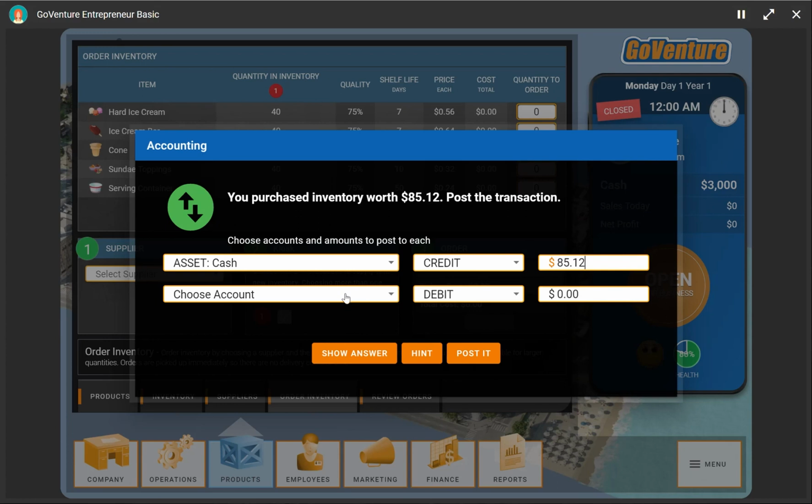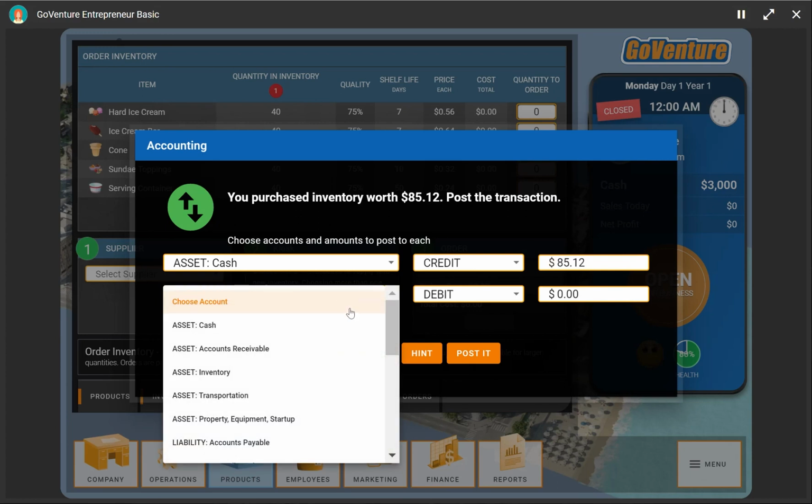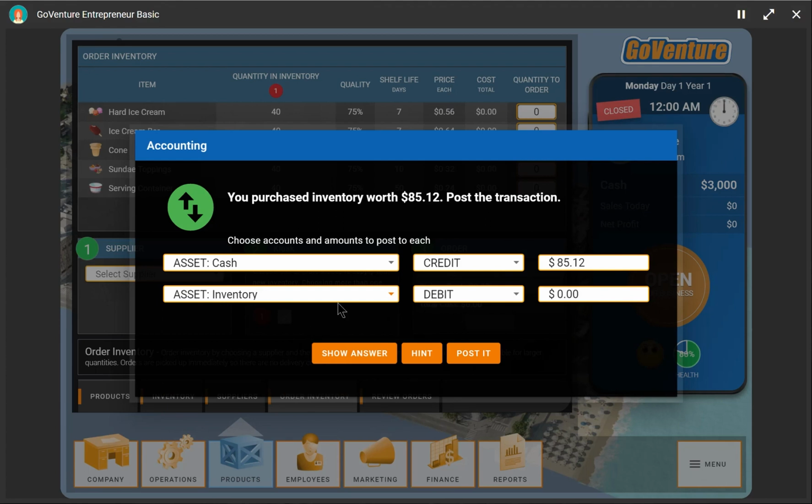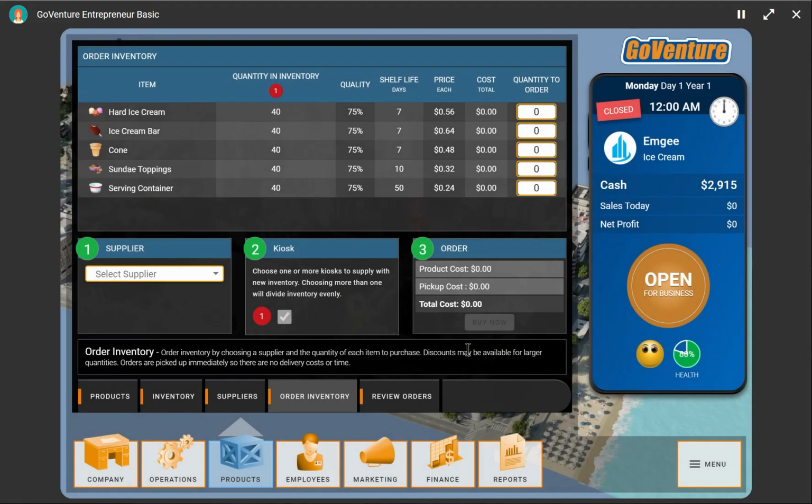And we're getting inventory, so the inventory is an asset. We're going to record that by an increase in our inventory asset of the same amount of money. That's the value that we've moved from cash to inventory asset, and we're going to post it. And there we go.